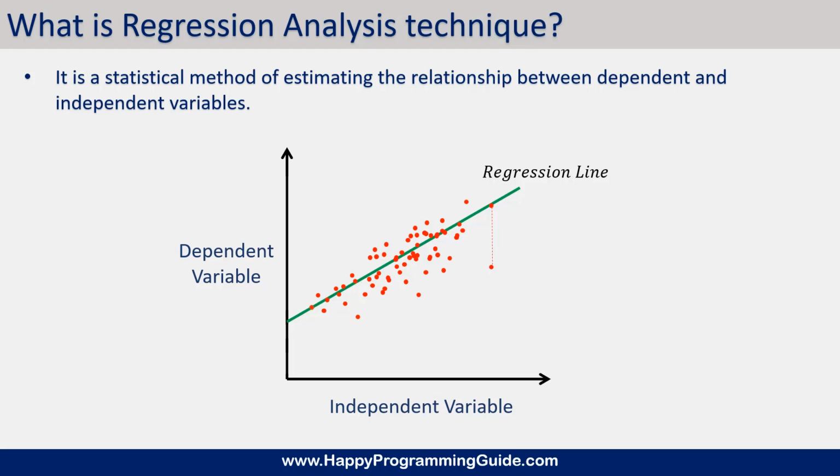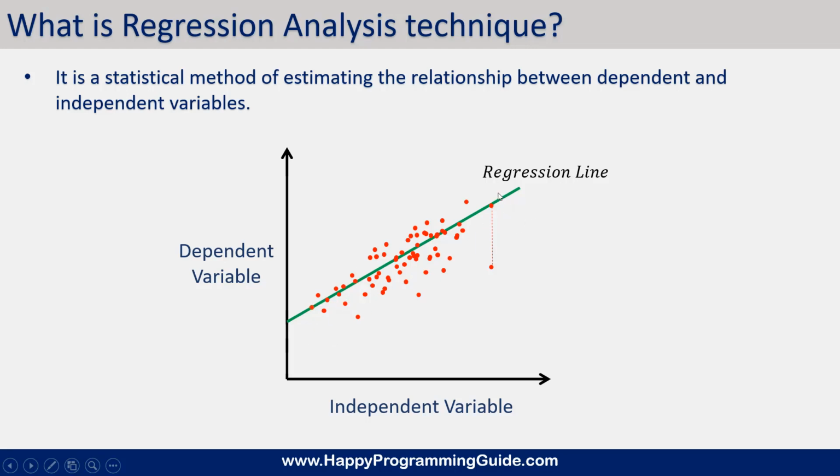So product sales can be treated as a dependent variable, and marketing and R&D cost are independent variables that do not depend on any other variable. So regression analysis technique tries to find out the relationship between these variables, that is independent and dependent. If we plot the data points on a graph, suppose we take independent variable values on the x-axis and dependent variable values on the y-axis, and try to draw a curve or a line that best fits all our data points, that line is called the regression line.